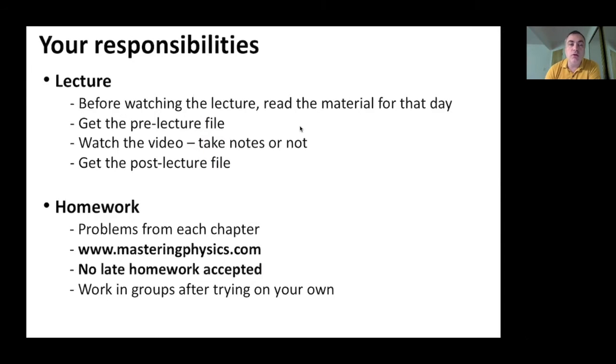I treat homework not really as a test, even though, of course, you do get penalized if you miss problems or if you take guesses with the wrong answers, there are penalties. But the best way to approach the homework is to get together, make friends, work on the homework problems together, come up with solutions, discuss things. And then once you've come up with solutions, go post your answers on Mastering Physics. So I expect you to work together, but also not to just take answers from other people. You should all be contributing. You should all be learning. Help each other out with the homework.